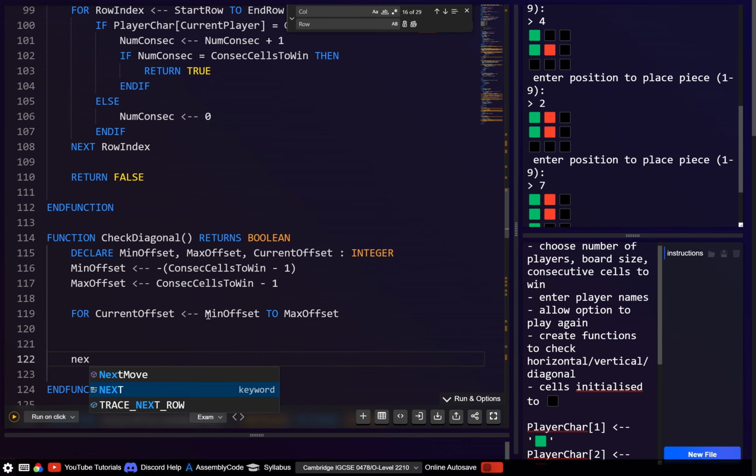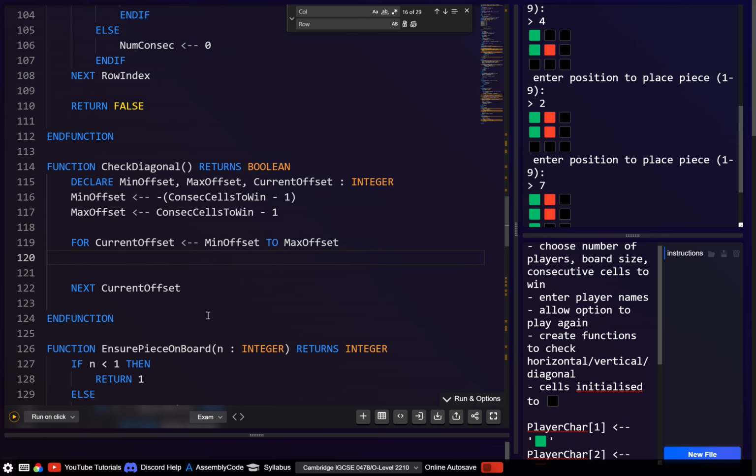Right, I'm just going to have the next, and then we want to go next, current offset. Then to get the current position, probably here we will actually want to check whether it's still on the board. I'm trying to think if there's a good way to do this, because in this case we actually